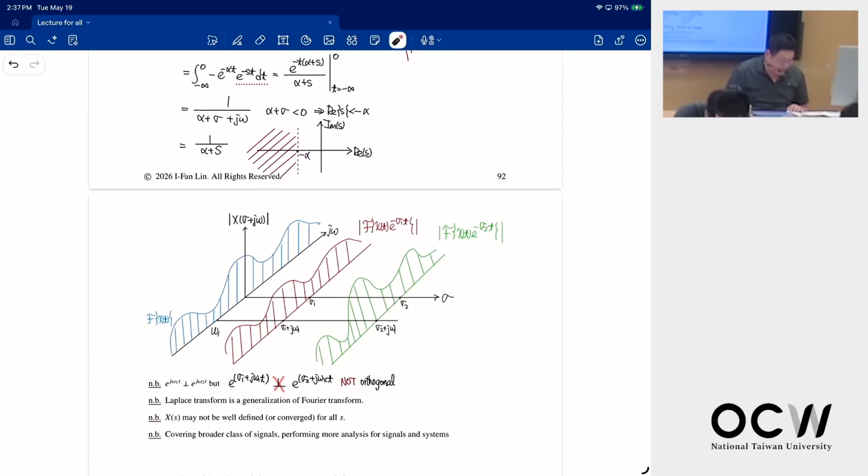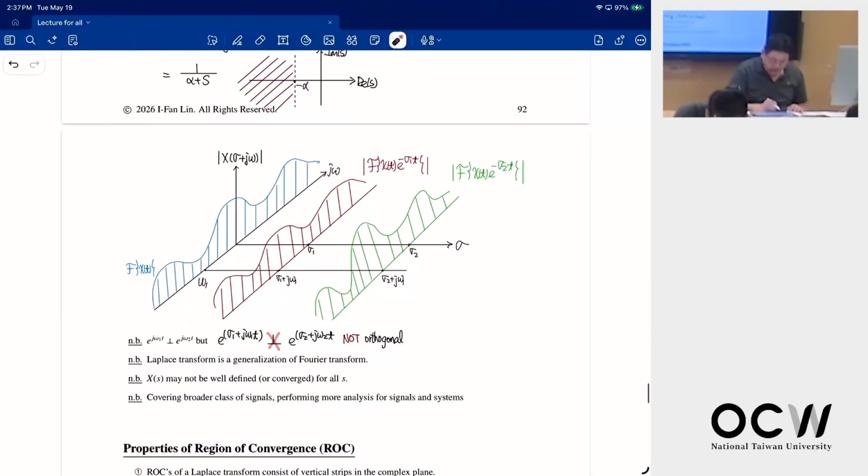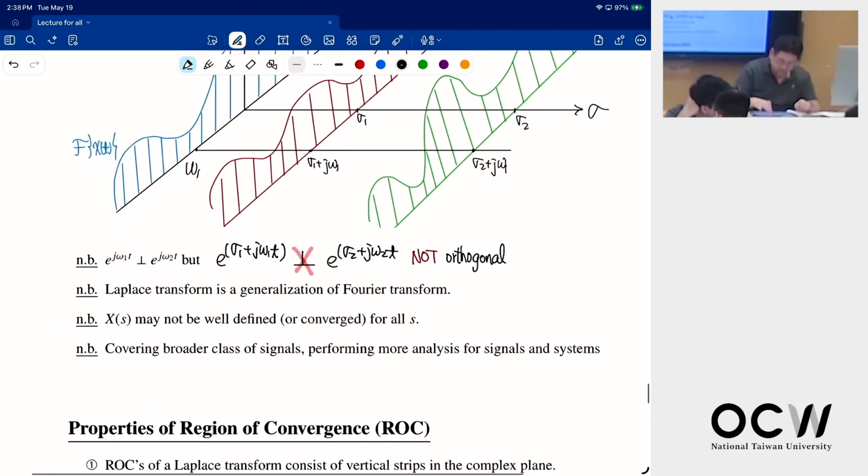And so here's a note: Laplace transform is a generalization of the Fourier transform. And for this X, the Laplace transform may not be well defined, because if it is not convergent, then it is not defined. But we may cover more signals, and we can also analyze them. For example,